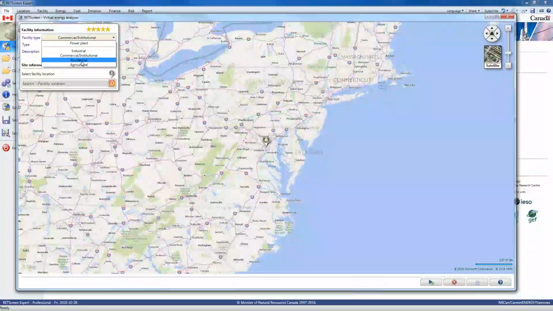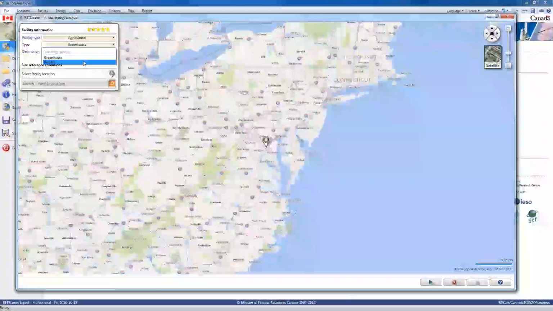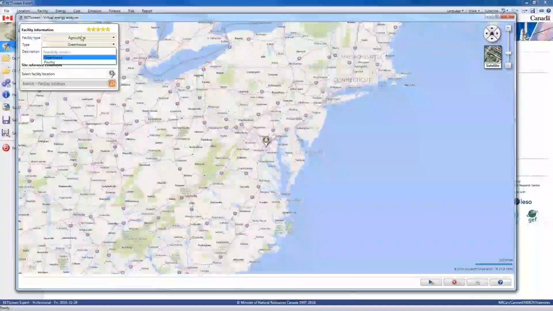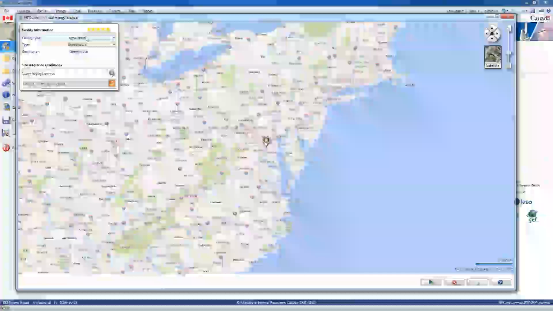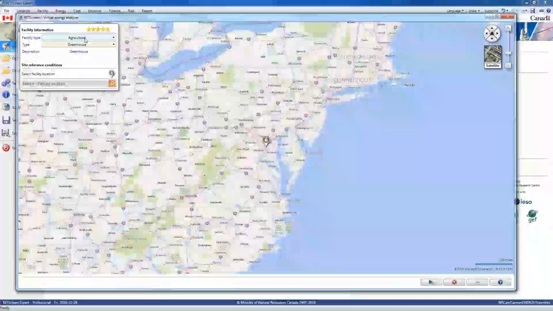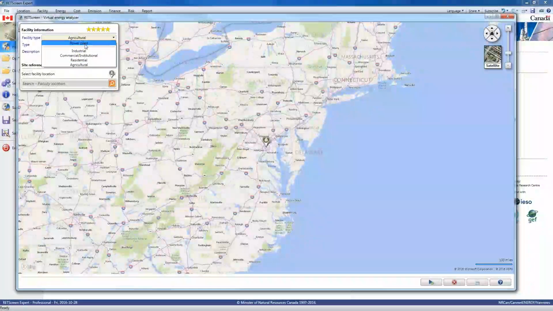We also have some residential models, so multi-apartment, multi-unit housing, and then we also have some agriculture models that we're developing, so poultry farming and greenhouses. So I won't go through all of those more than what I just have. We'll stick with the plan, and that is